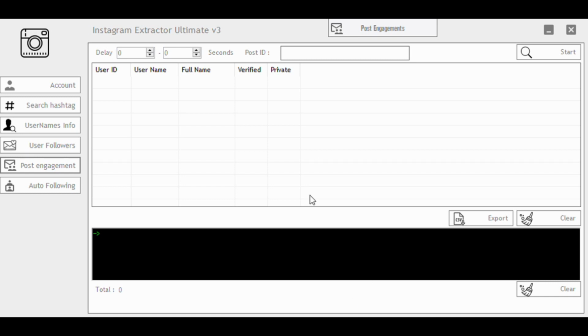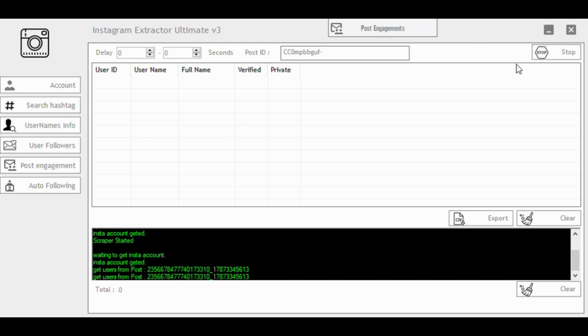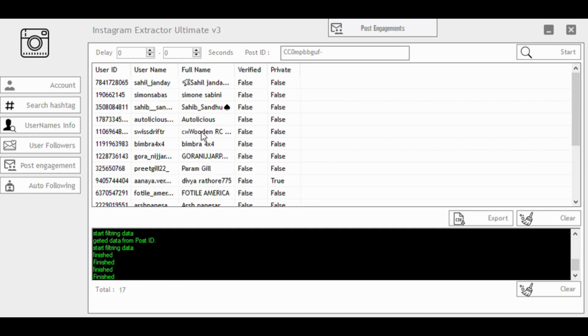A post is what you get when you open a specific picture: after www.instagram.com/ you will see a specific code, like this, which is pasted in the post ID. You paste it there and click on start. You will get those people who have liked or commented on that post.